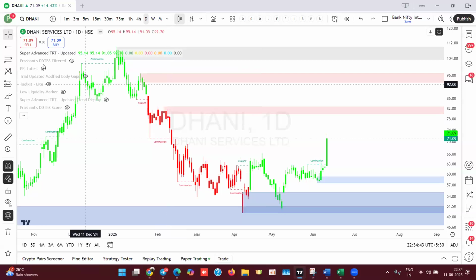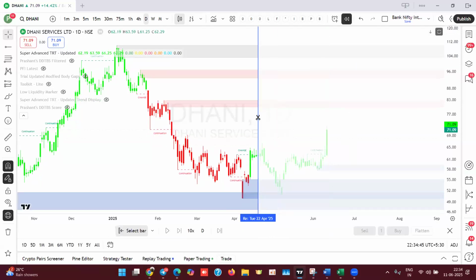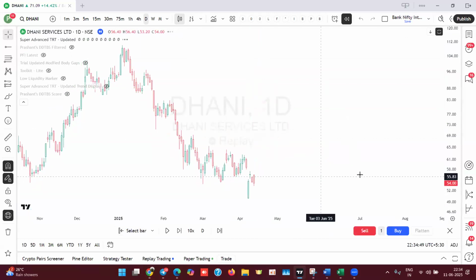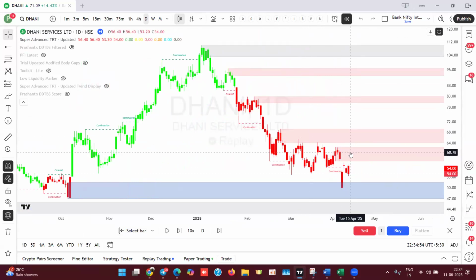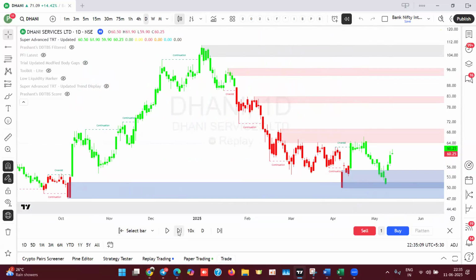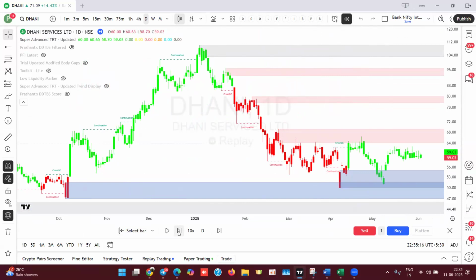Yes, but sir, before this, we had this selling area, this selling area. This was a virgin selling area which disappeared. This was also a selling area. After that, price came down for retracement entry. Now, after retracement entry, what do we expect? That there is a selling area and we should exit at that. Yes, sir. If you exit there,